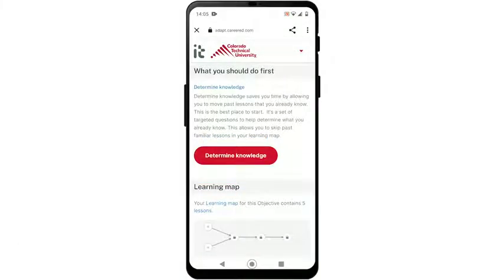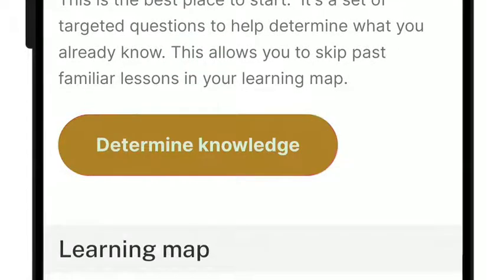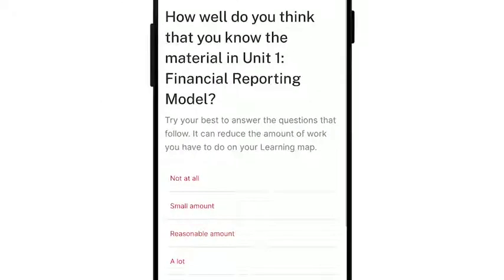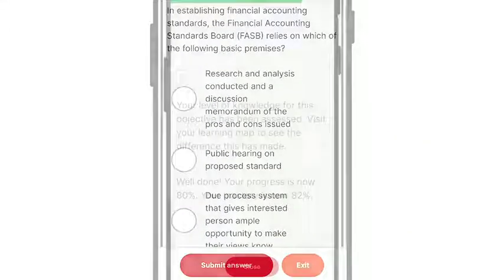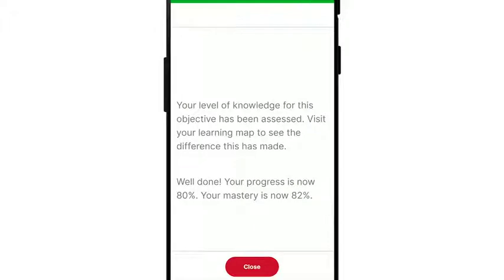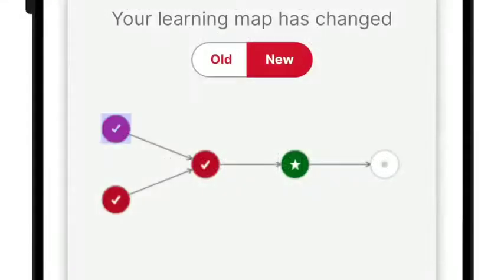Some courses will start a unit off with what's called a Determine Knowledge before you can engage in the first lesson. If this is the case, you'll tap on Determine Knowledge. It will ask you to identify your comfort level, then ask you a series of questions. Once you're done with the questions, IntelliPath will provide you with an overall assessment and give you credit for the